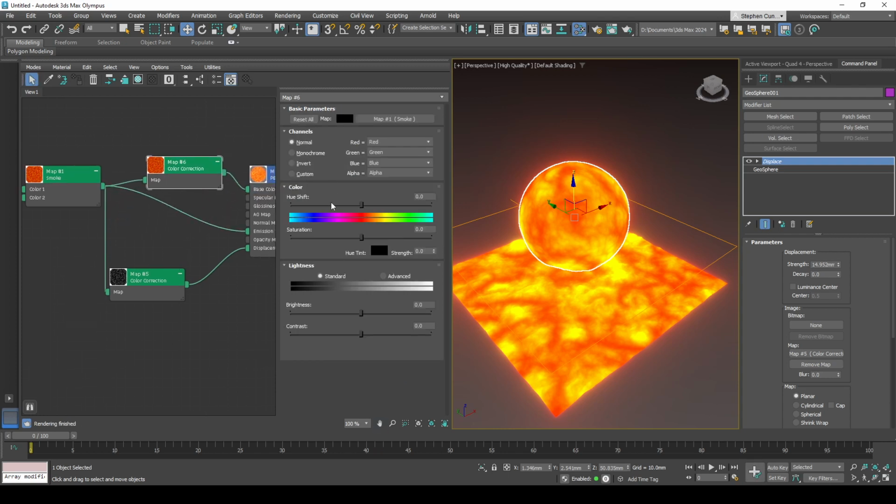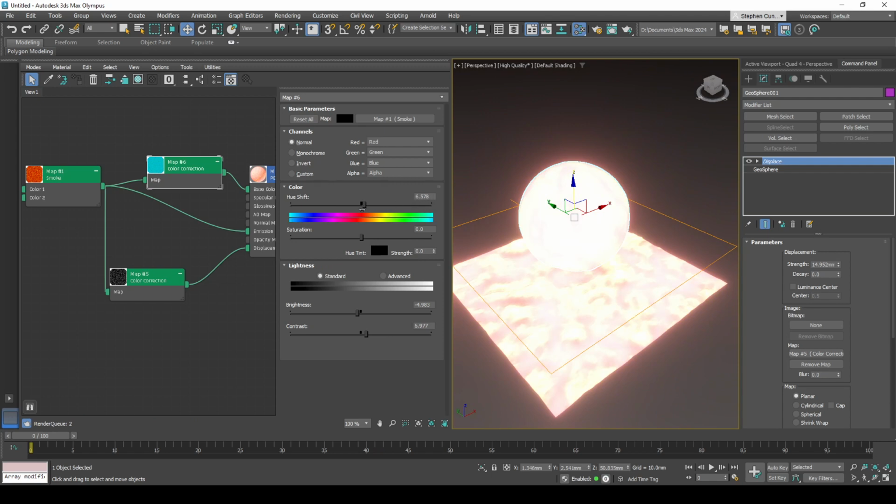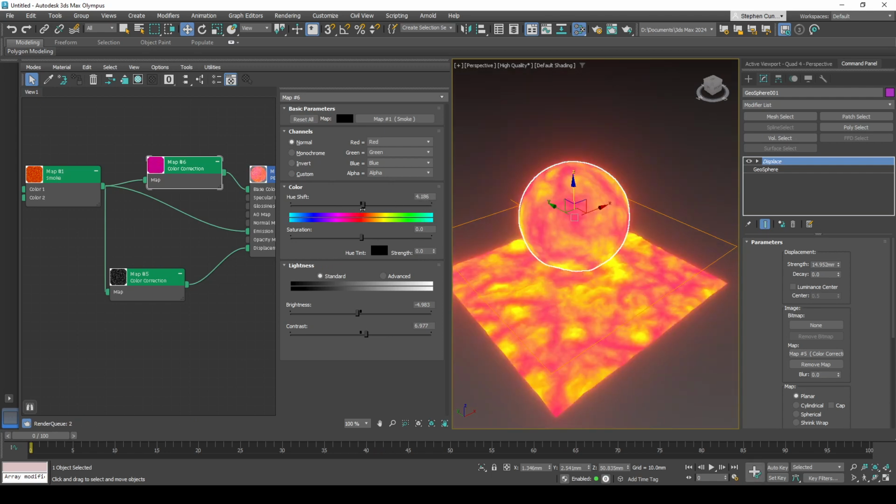Okay, and then what we can do is now we can change the contrast. We can change the brightness, the tone of this, and however you want it really to be set. So you can do quite a lot. You can shift the hue, so you can have some really nice things coming. I mean, I like that. That's pretty cool. So you can really change quite a lot on here in terms of how you'd like it